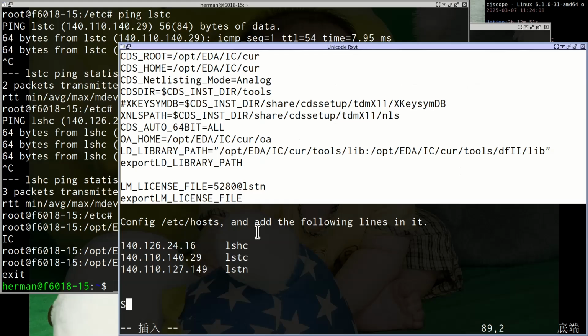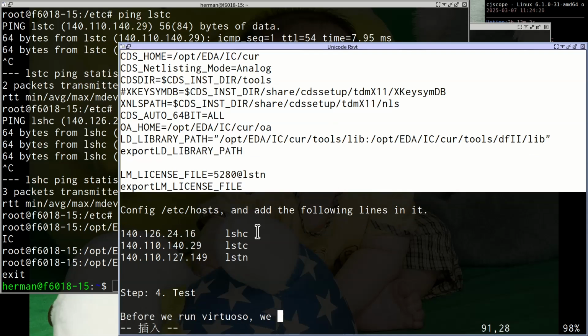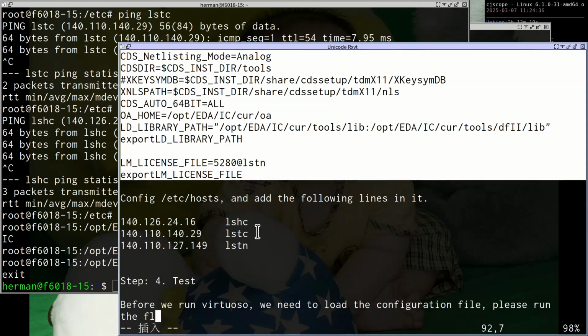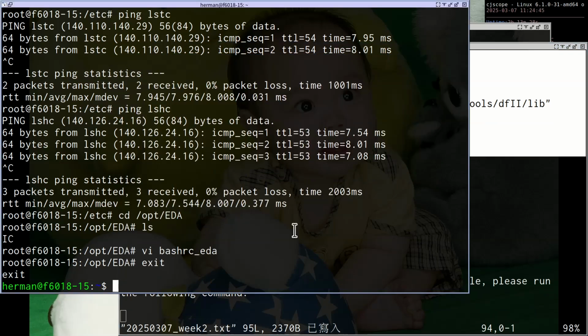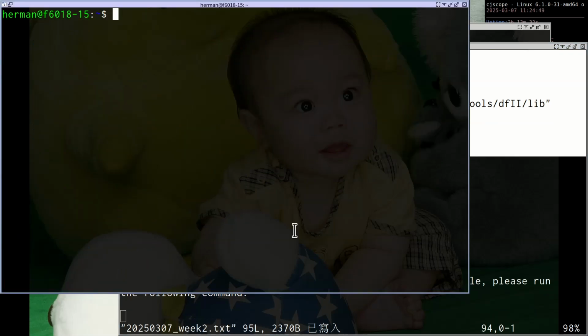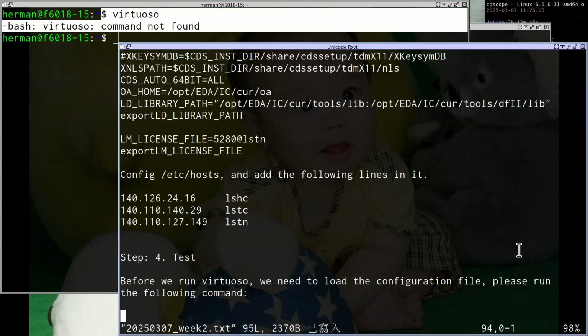So step 4. Before I run this command, let me show you what happened. If I didn't load the configuration, now I type virtuoso, you can see that it says command not found. So before we load,